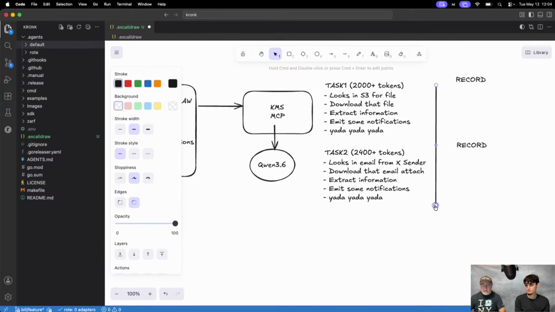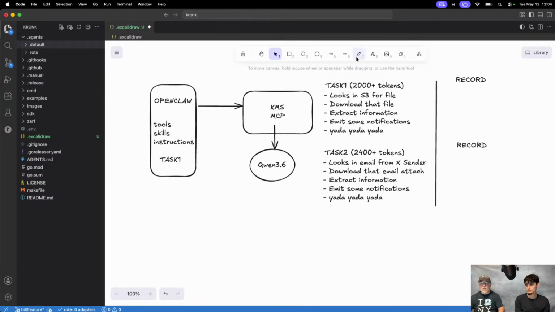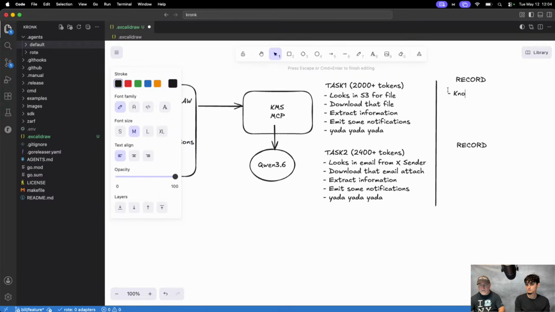Now, if it's able to record the interaction, then it already knows how to do all of these things, because it's already been done once.